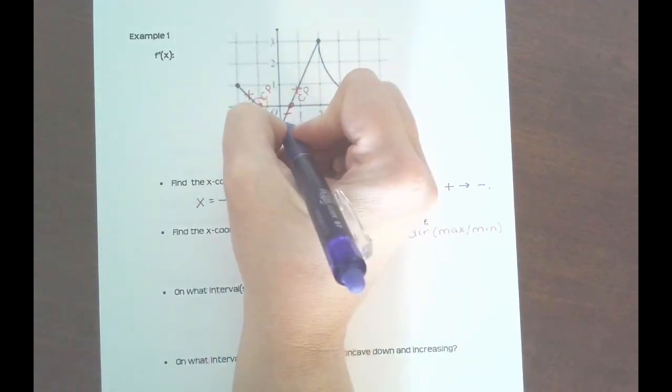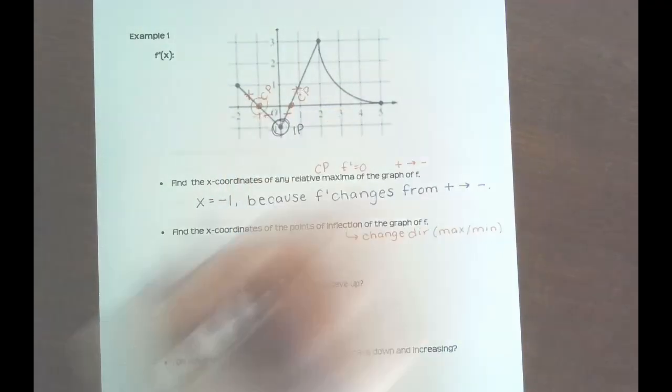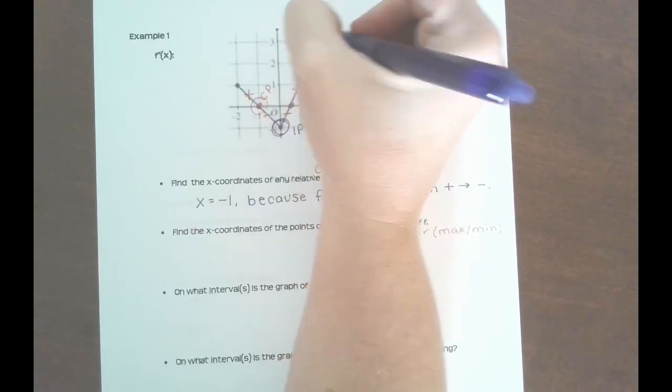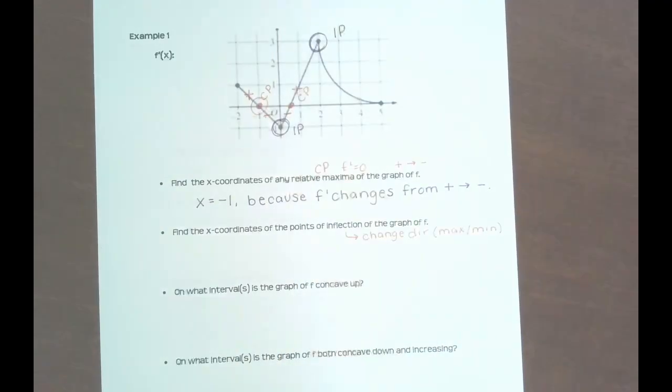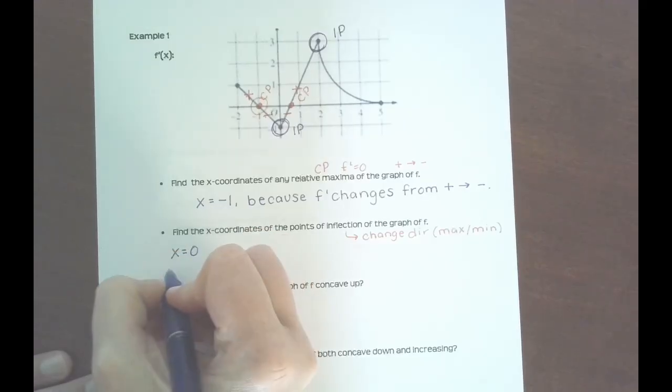So this right here represents an inflection point. Also, this right here represents an inflection point. The places where you're changing from increase to decrease or decrease to increase. Okay, so I would say that my inflection points are at x equals 0 and x equals 2